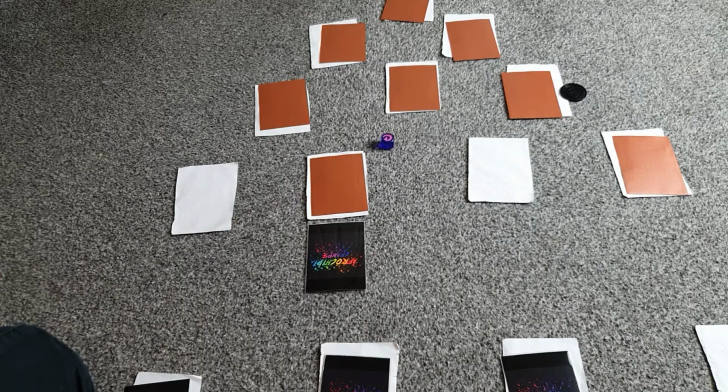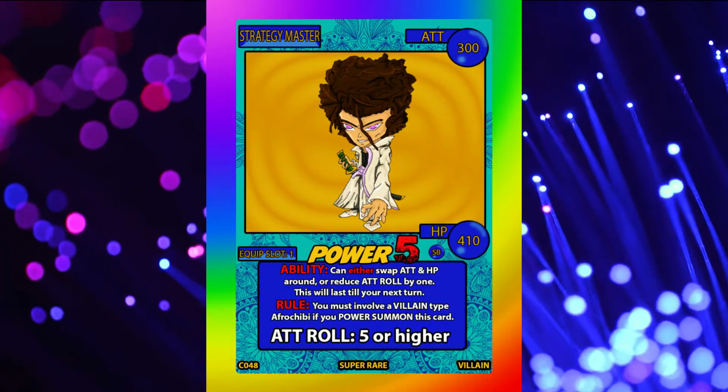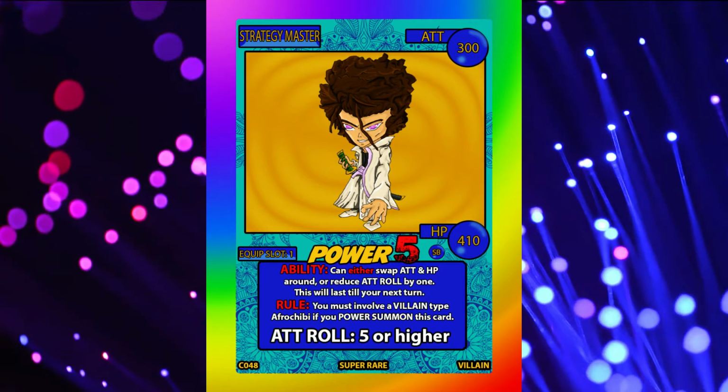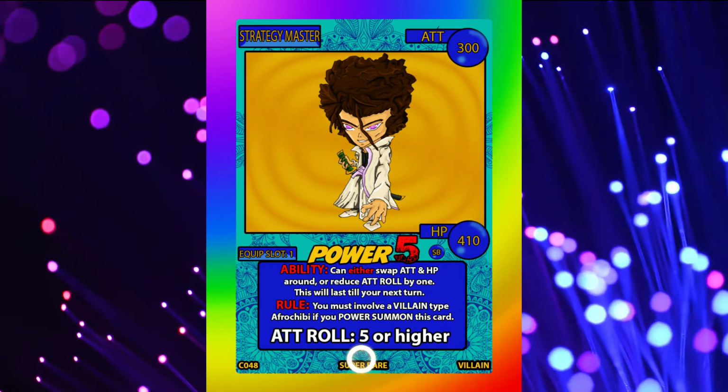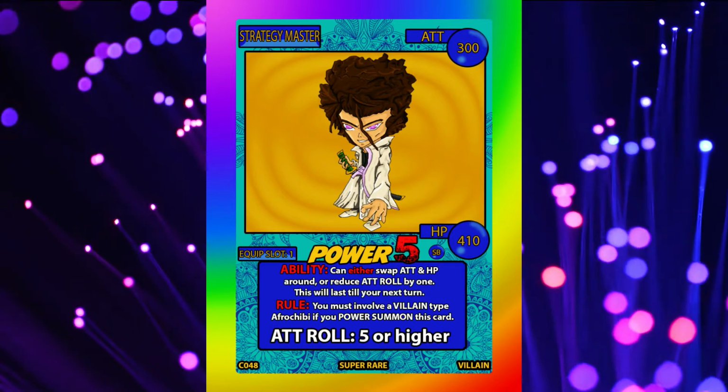Remember, if you miss on your first energy, you can attack again with the same Afrochibi for your second attempt. Bottom left, you'll find the card number. In the center, you'll find the card rarity, and at the bottom right, you'll find what type of Afrochibi they